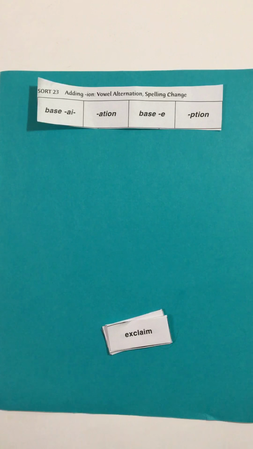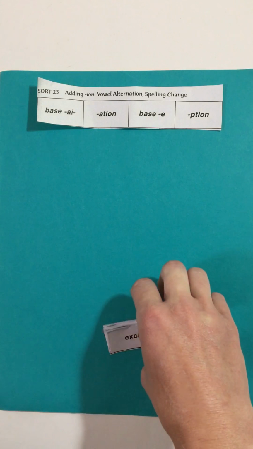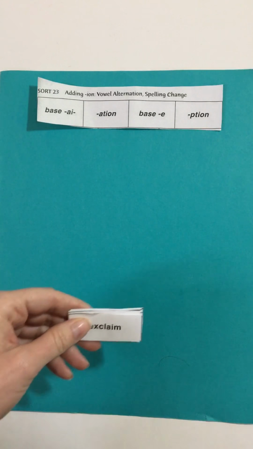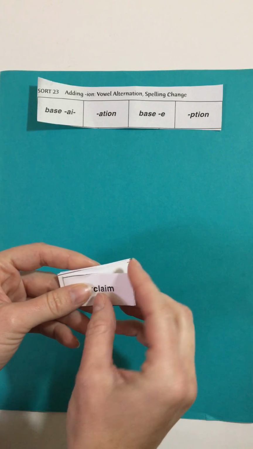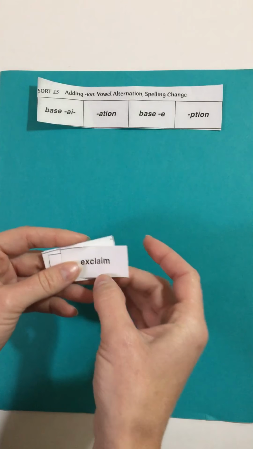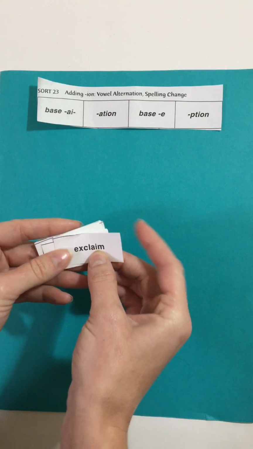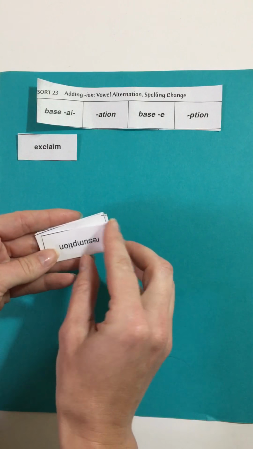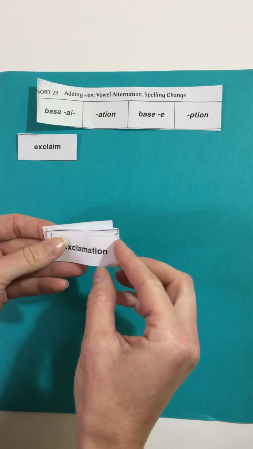DR, sort 23, adding ION. It has a vowel alteration from long to short and a spelling change. So let's take a look at these words. You're going to be matching up the word with the derived word. You're going to be looking inside the base word to see if it has AI, and then finding the pair,